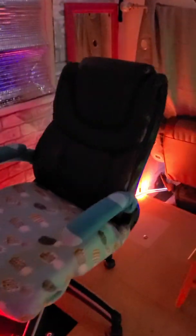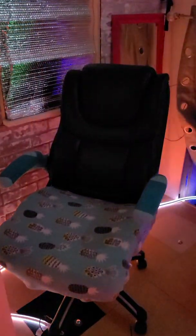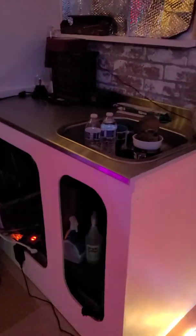I got this chair for free. I stole socks from Pun and put them on there. And this is an old pineapple blanket. This chair was a little beat up when I got it, so I covered it. And socks on the arms have nothing to do with sex, just so you know. Anyways,